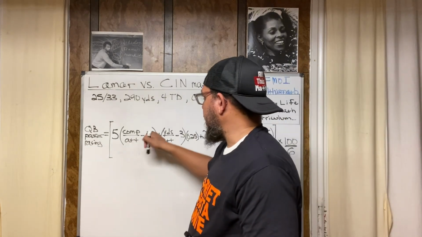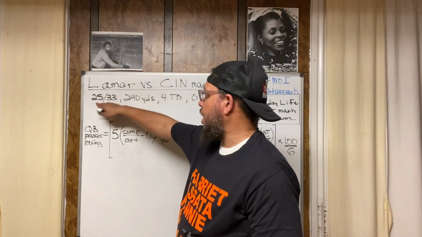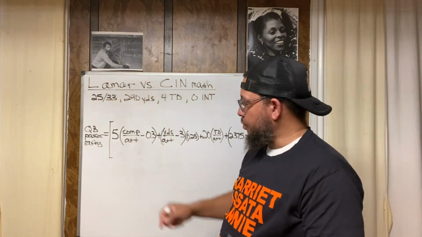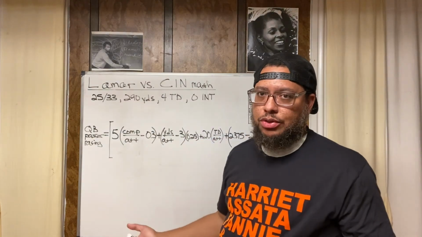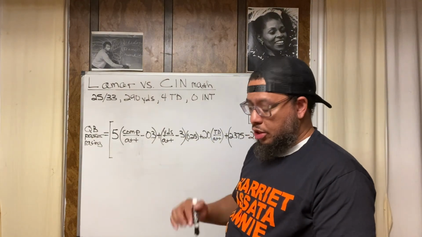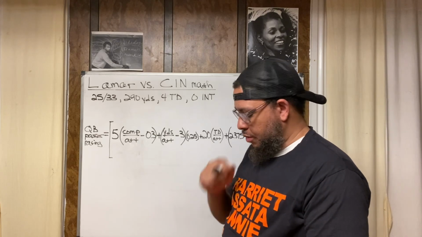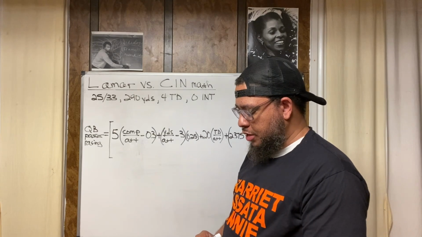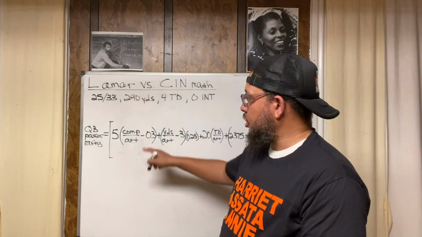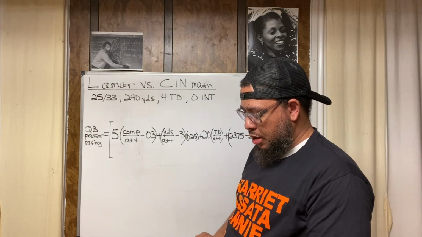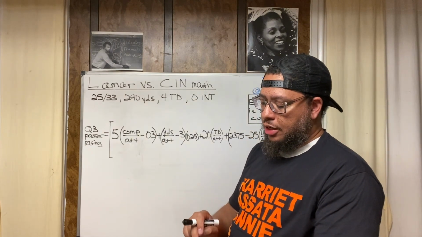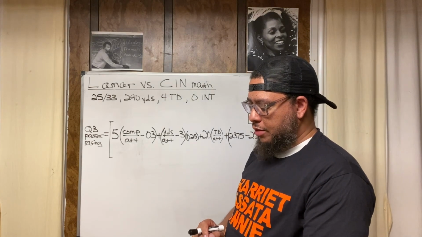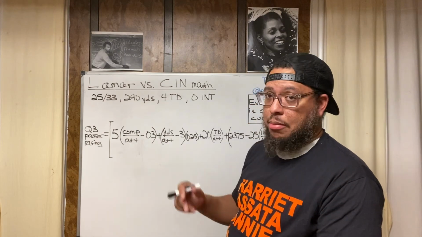All right, so let's first say his number of completions tonight was 25 divided by the number of attempts. That's his pass completion percentage. We would do 25 divided by 33 and multiply by 100 if we wanted to convert it to a percentage, but we're just going to deal with the decimal for now. So 25 divided by 33 is 0.75757575. Then we're going to subtract 0.3. Make sure you hit the minus button, not the positive or negative sign button. Minus 0.3 is 0.45757575. Then we're going to multiply that by 5.